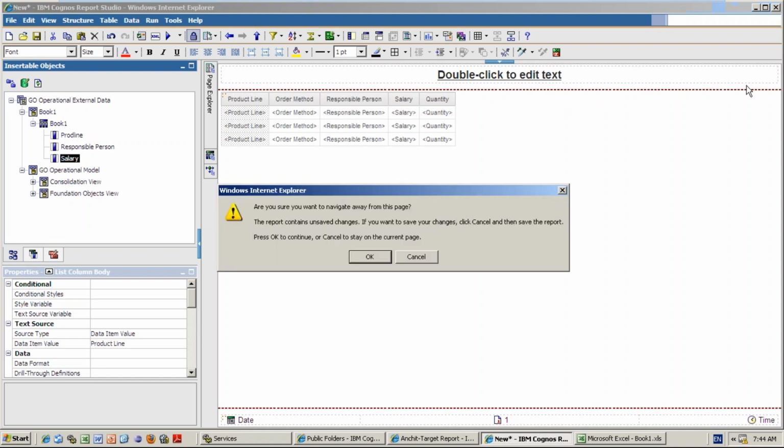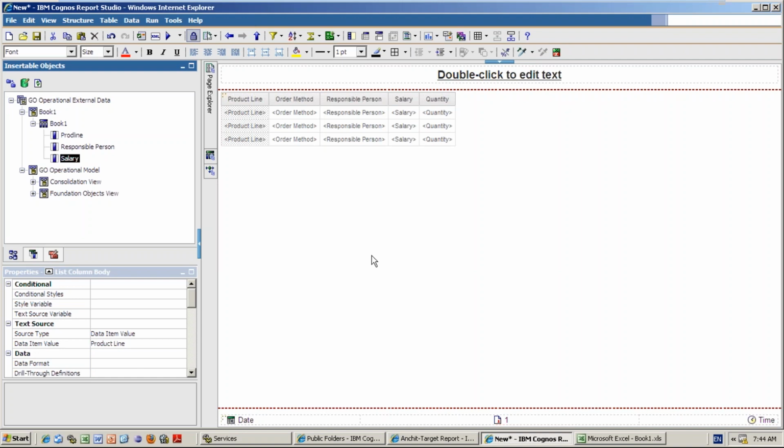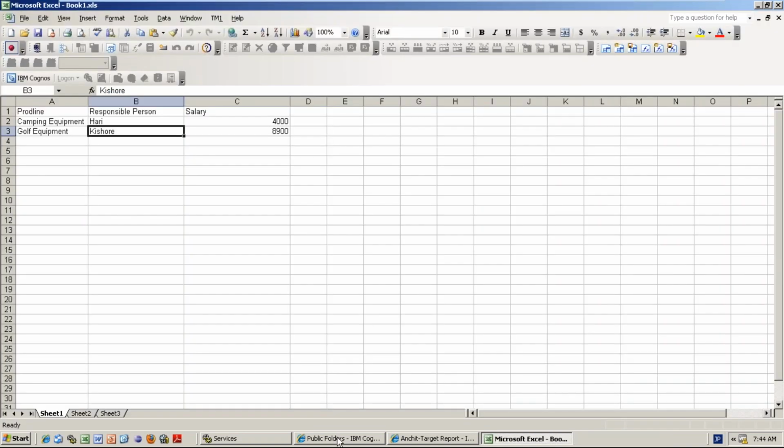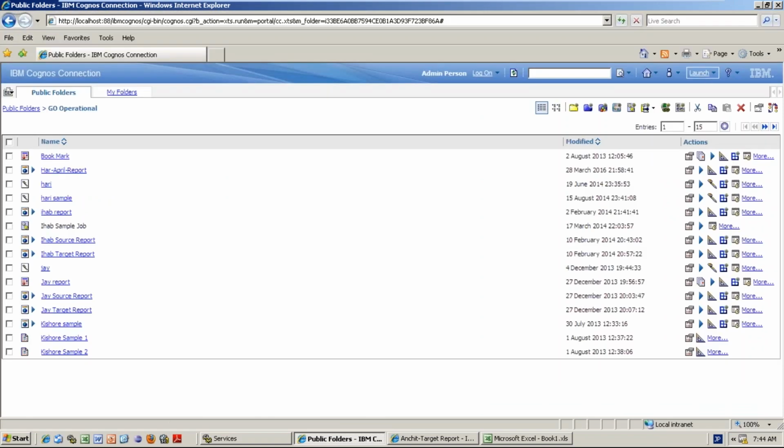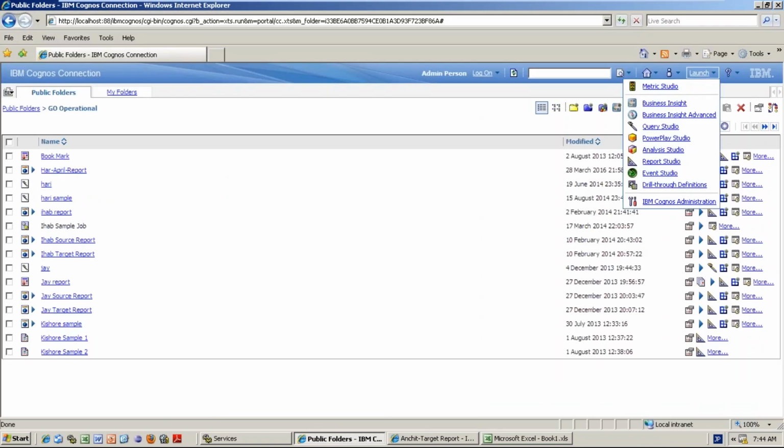Maybe Active Reports will come under this, but we'll explain in the Business Insight time. Okay, I'm closing everything. And if I'm opening Business Insight, if you want to create any dashboards, that means dashboard creation means you have already created the Report Studio reports. All the Report Studio reports, if you want to put in one place, that is what Business Insight is. You are not going and creating any dashboard. You create a number of reports, and you take everything into one layout. So please check this next option, Business Insight.